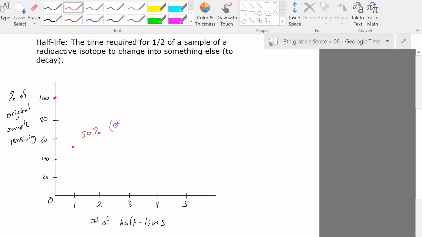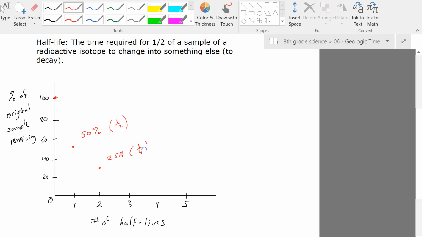You might find it useful to also record fractions on it. So we're down to half of our original sample. After 2 half-lives, we aren't going to go down to 0, so it's not that the first half-life half of them decay, and the second half-life the other half. This time it's going to be half of what we had left, half of that 50%, which gets us to 25%,